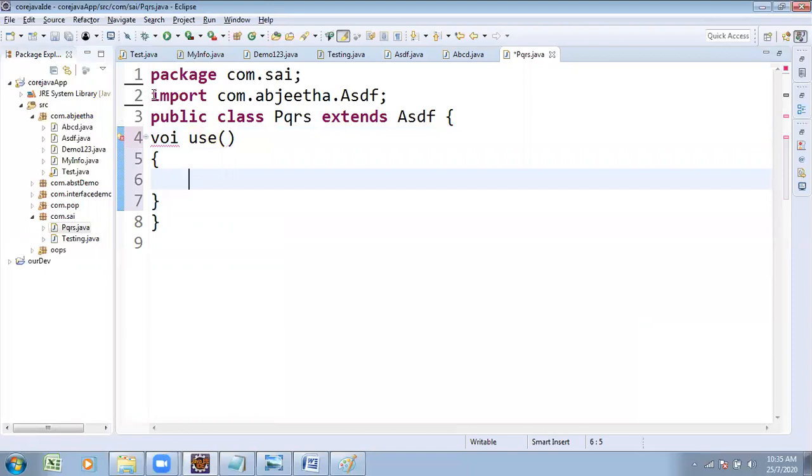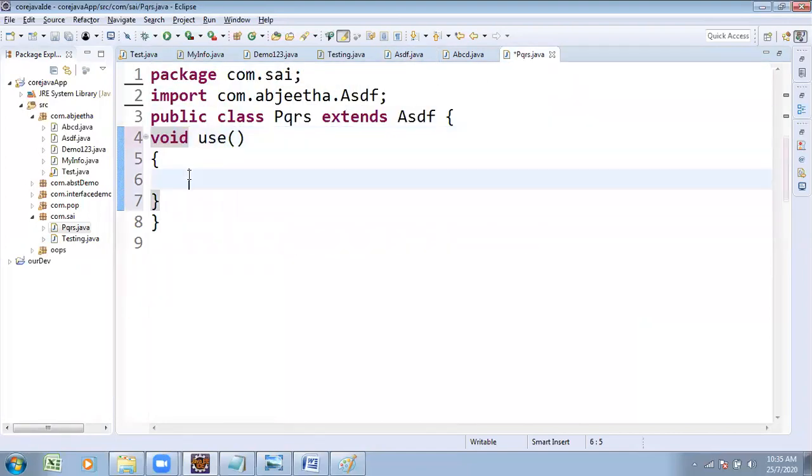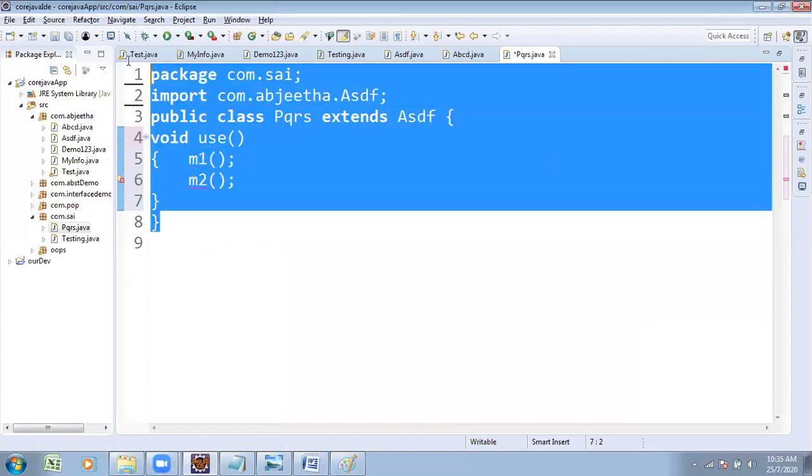Here I want to utilize the methods available with the ASDF class. M1 method is there, M2 method is there. I call M1, and try calling M2. Observe: M1 method is working. M2 method is not working.